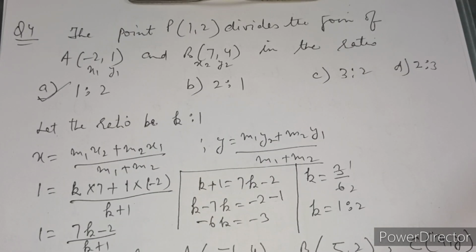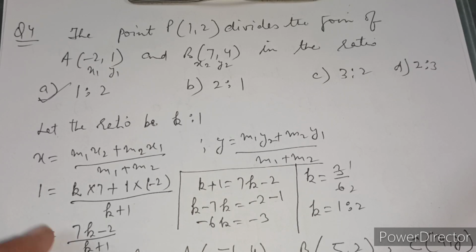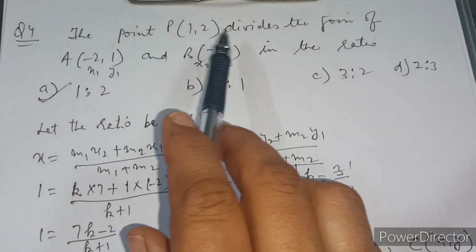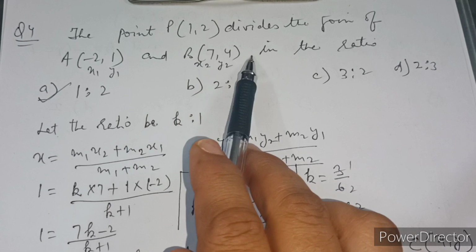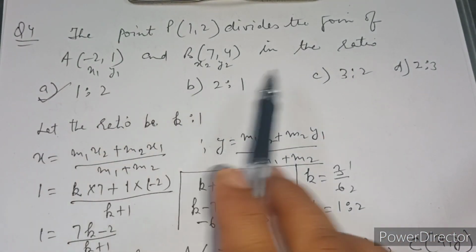Now the previous three questions were all based upon the equation of a line. But this question is from your section formula. Okay, just check this question. This question is eligible for 2 marks also, remember. Point P(1, 2) divides the join of A(-2, 1) and B(7, 4) in the ratio 1:2, 2:1, 3:2